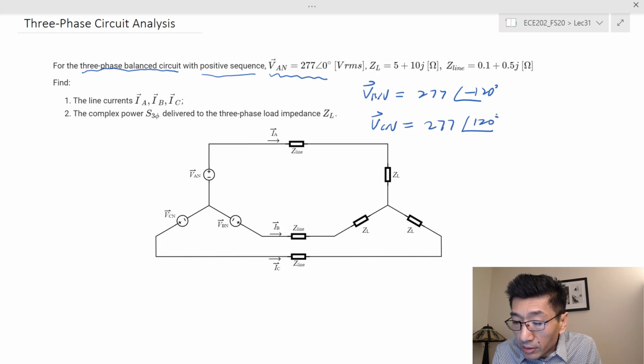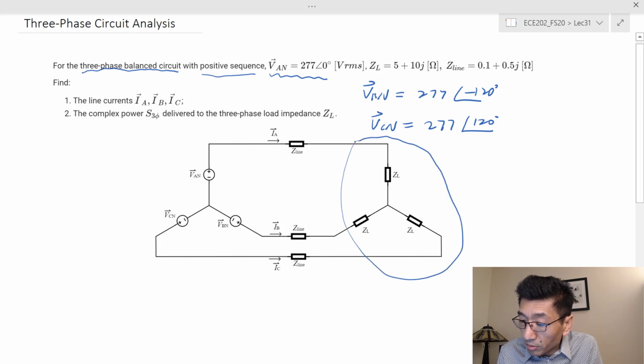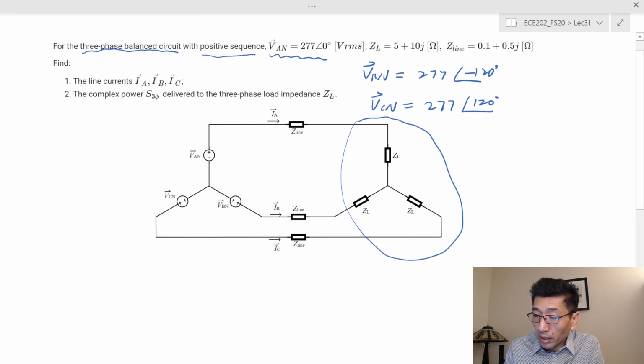The question is asking for the line currents. We calculate the line currents and then find the complex power delivered to the three-phase load. So that means the power delivered to all three-phase impedances, right? So therefore, we can calculate this quite straightforwardly. Remember, since this one does not have the neutral line,